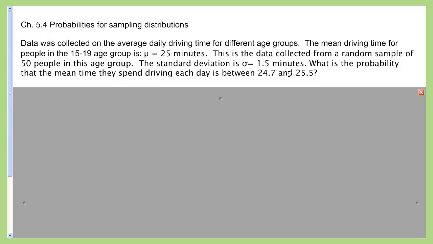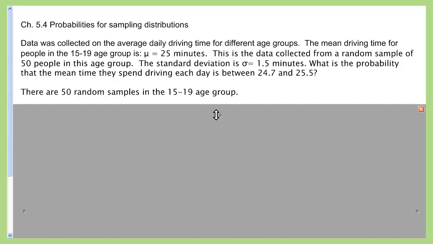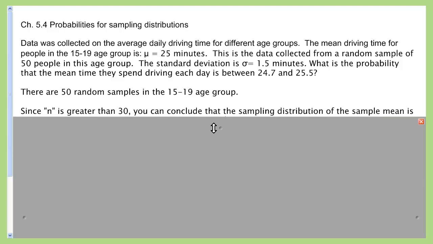This is the data collected from a random sample of 50 people in this age group. The standard deviation is 1.5 minutes. What is the probability that the mean time they spend driving each day is in between 24.7 and 25.5? Now, there are 50 random samples in this age group that are chosen. And since your sample, which is n, is 50, 50 is greater than 30, so you can conclude that the